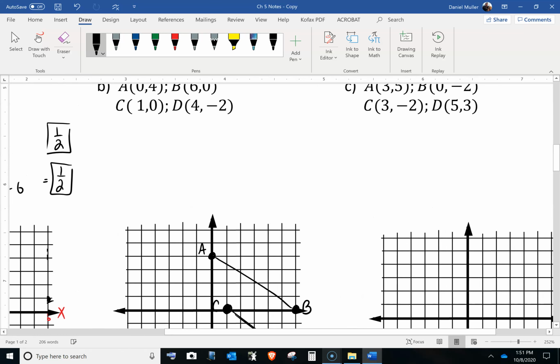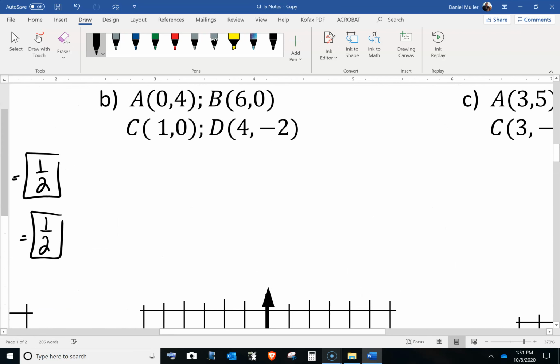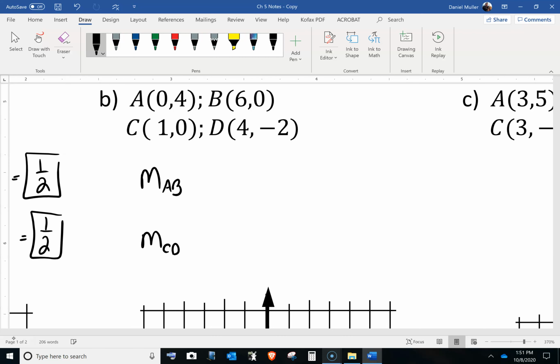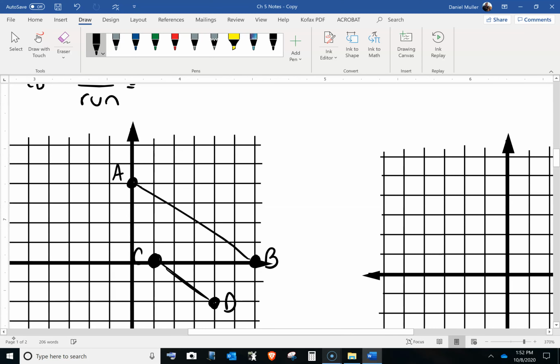Okay, so what I need is the slope for A and B, and I want to compare it to the slope of C and D. Okay, so that's our rise, and that's our run. Here's our rise, and here's our run. Okay, so let's actually calculate these. So let's look at the AB one first. I start on the left, so I go down 1, 2, 3, 4. So I go down 4,